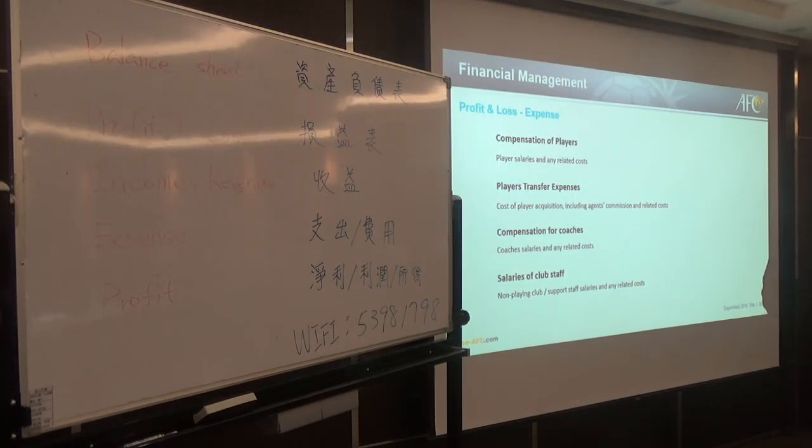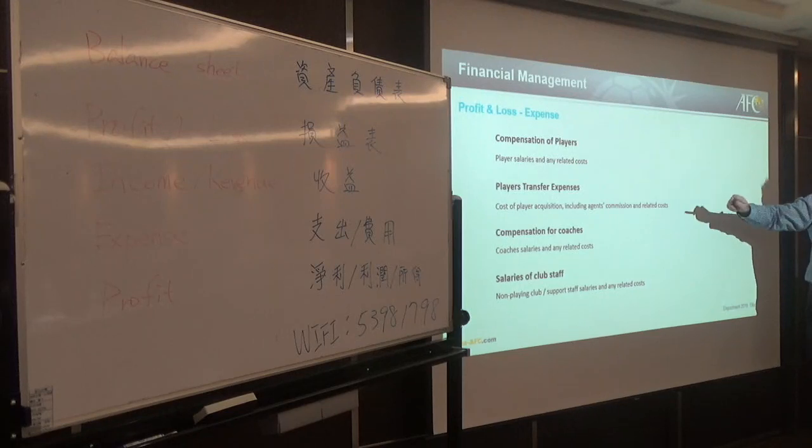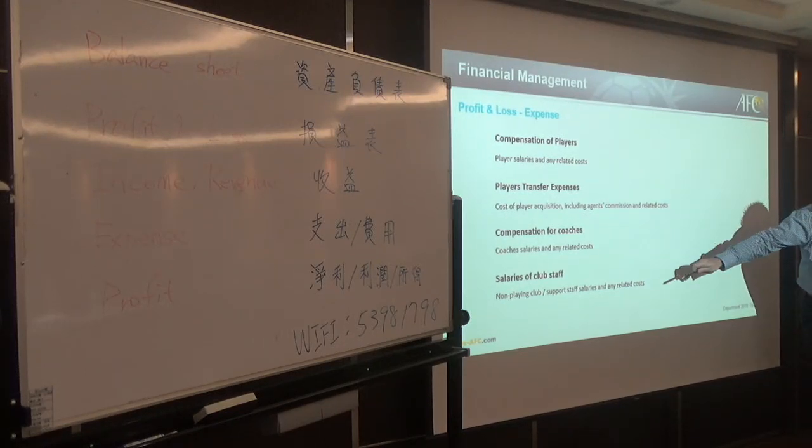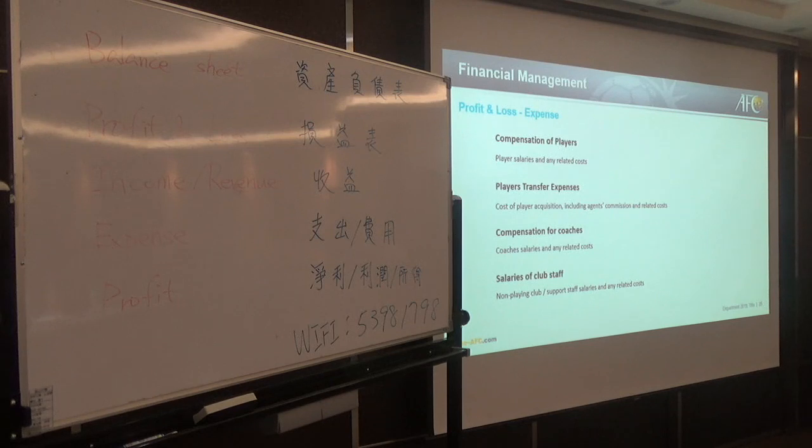Then we have the compensation for coaches, so the coaches' salaries and costs associated with that. 第三个是教练费用跟教练相关的支出。Then we have our club staff salaries, so that's the non-playing staff, your general manager, your administration, your finance manager, those people within the club. 那第四个是除了球员及教练之外的人力支出的费用，像是你的经理啊、你球场的维护人员这一些的。So I'm assuming most clubs will have some of these expenses, maybe not that one, but the players, the coaches, the club staff. 所以目前的话，大家应该都会有这些支出的，转会比较少遇到，但其他3个支出应该都是各个球队都有。